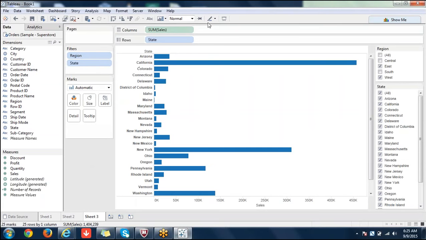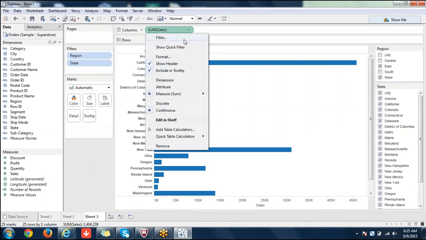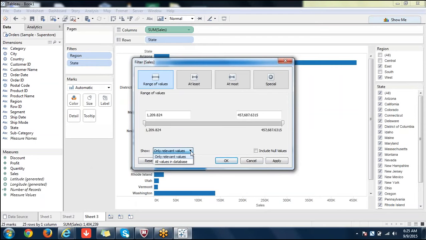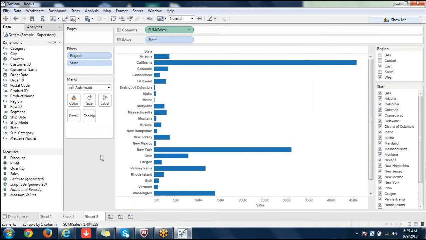So even in measure, if you filter on it, only relevant values means that after applying filters, whatever values are available will be applied to the visualization. That means if there are any data source filters, context filters, cascading filters, all filters will be applied, then only it will apply to visualization. All values after all those filters will apply to your visualization. And a point to be noted is context filter. This is called cascading filters.